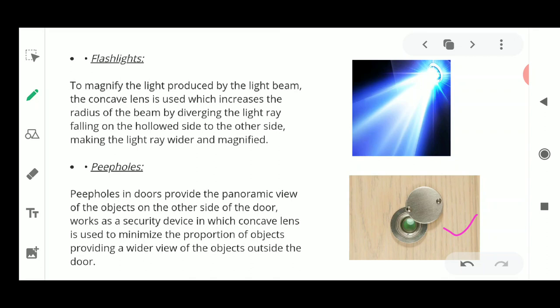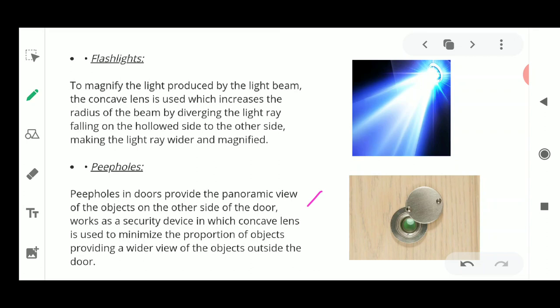Okay, and for safeguarding this, it is always covered with a lid. So you could just move the lid and look out to see who is standing at the door, and if you want to open the door, you can open it. Otherwise you could even answer the questions related to the person without opening the door, and this is very helpful from the security point of view. So these peepholes in the door also provide a panoramic view of the object present on the other side of the door.